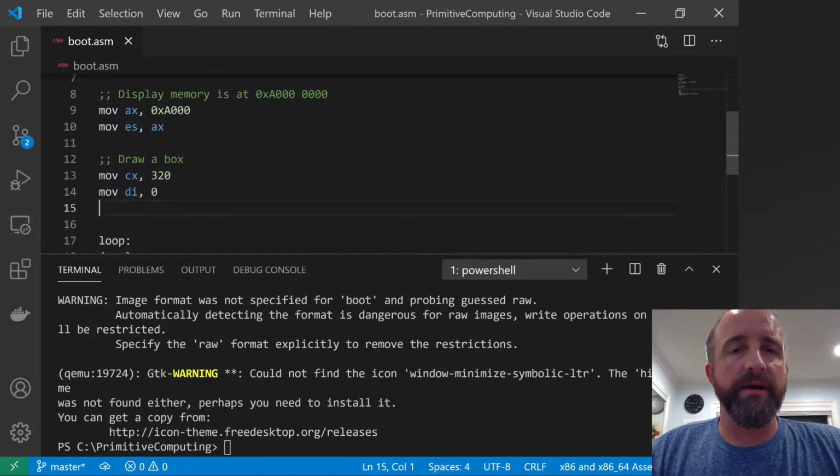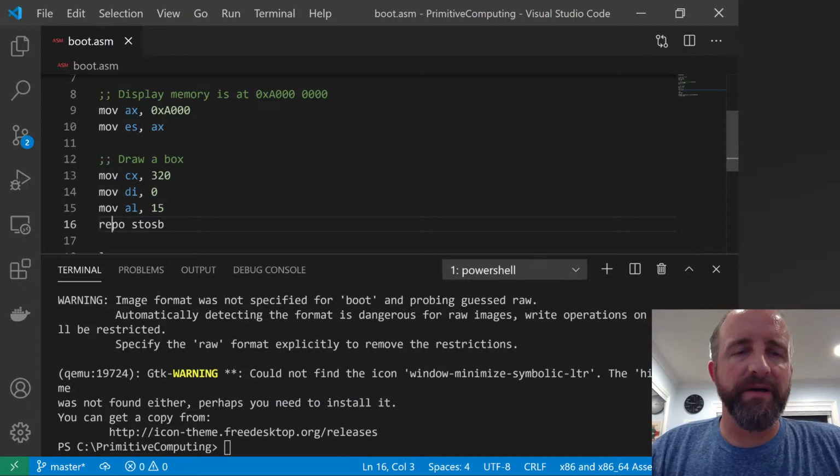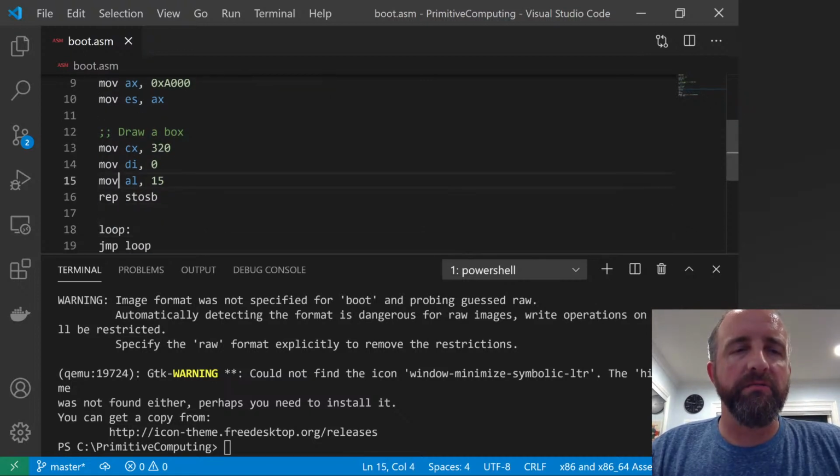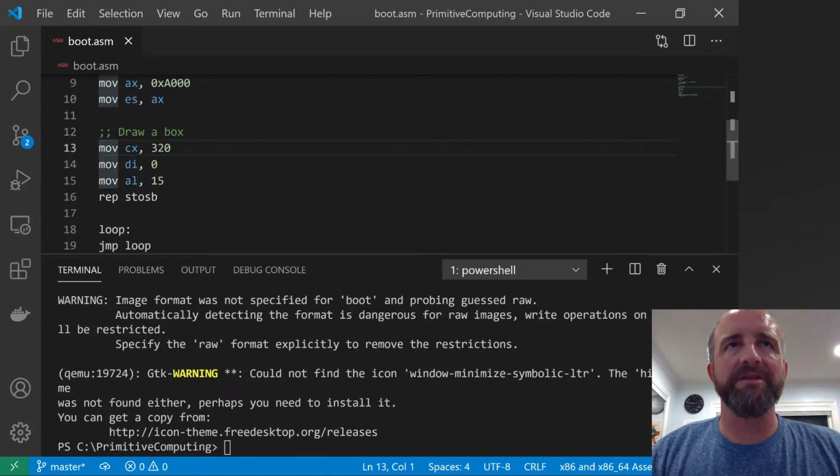And then, let's see, move, I think it's AL 15. And then we're going to do rep STOSB, not repo, rep. So what's going on here is Intel, again, because this is kind of from, so when people talk about